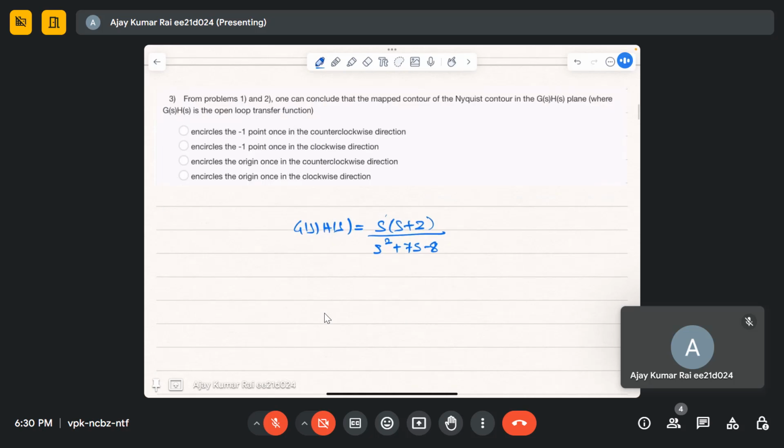Okay, and what we had written, two factors, right? s minus 1 and s plus 8. Okay, so what we can see here,